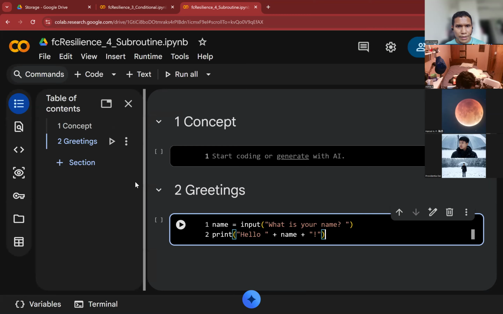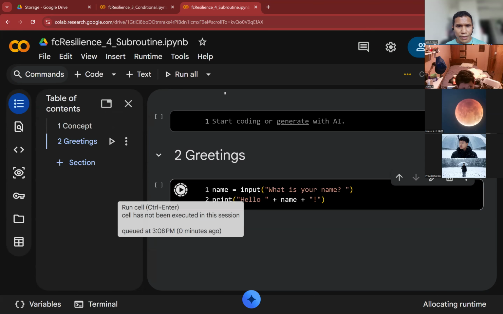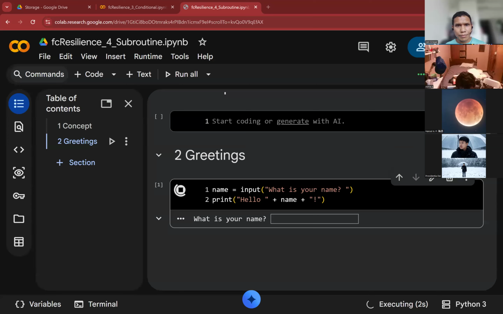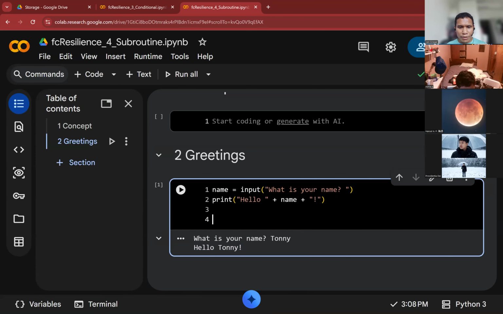Okay, so this way, if we run, what's your name? Tony. Okay, so it should be hello Tony. This part can be hello with the name and the Tony. We can put this as the subroutine. And subroutine,